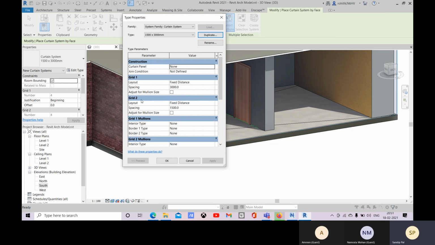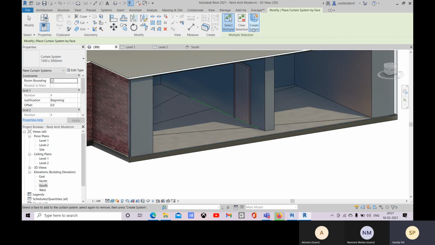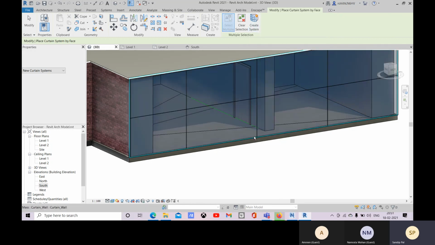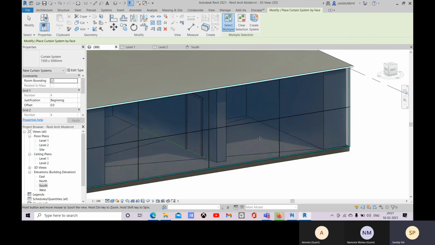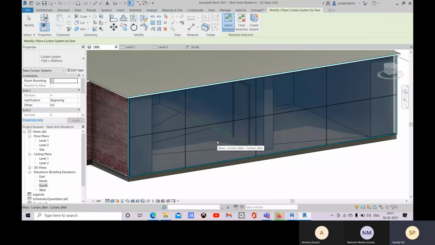So if it is okay, let's click on this adjust for mullion size, and now you select this and go for this create system. So right now it has created this system, and you can add mullions after that.